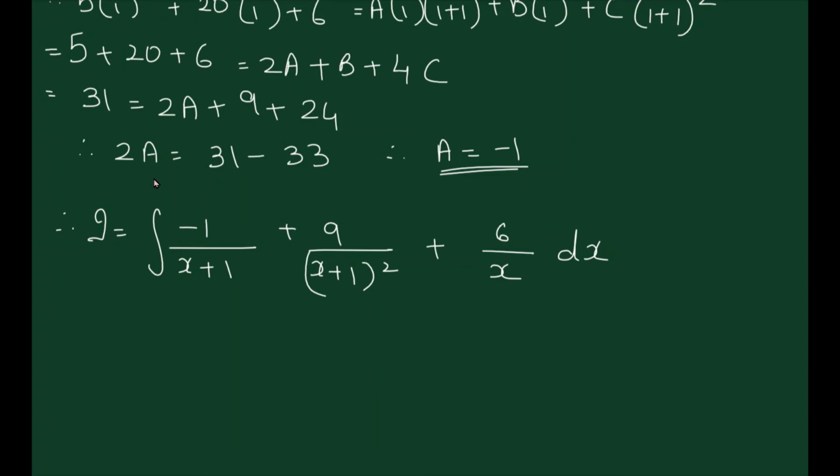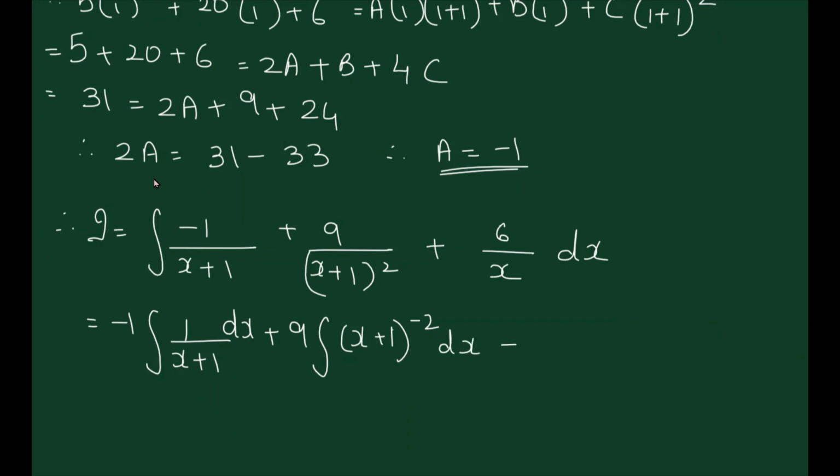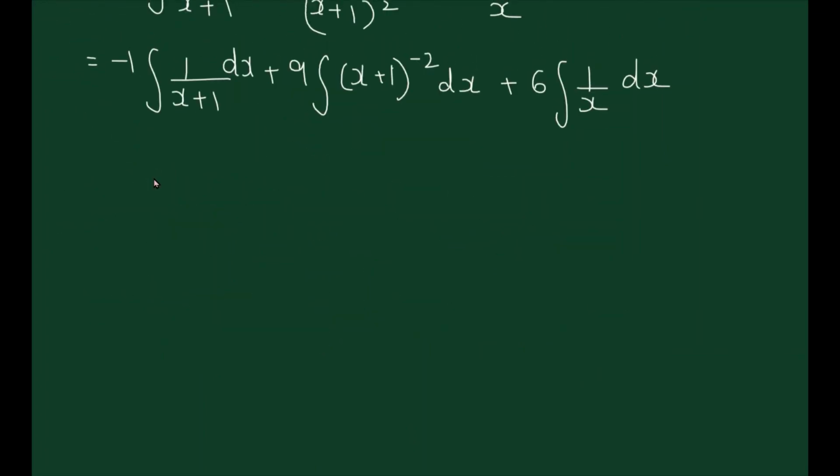Then going further, we get minus 1, the integral of 1 upon x plus 1 dx, plus 9 the integral of, now we bring x plus 1 the whole square to the numerator, so it becomes x plus 1 raised to minus 2. This step we already know because you have observed the earlier sum. Okay, plus 6 the integral of 1 upon x dx, which now gives us the answer, that is 1 upon x, the integral of 1 upon x is log x. Once again I am telling you. So we get minus log x plus 1